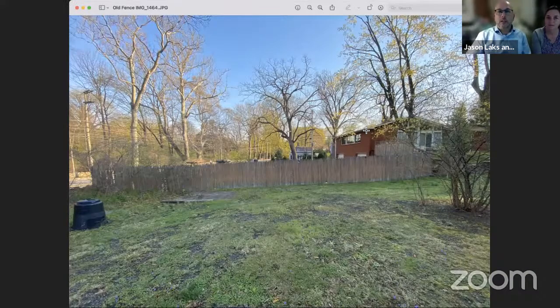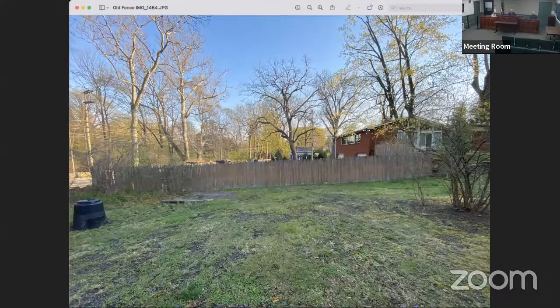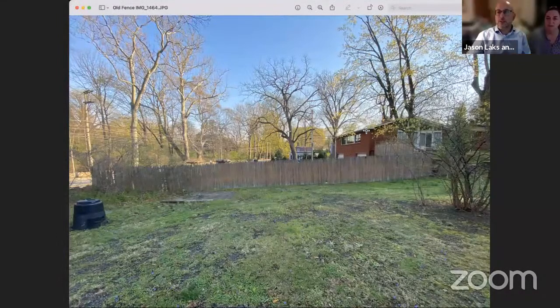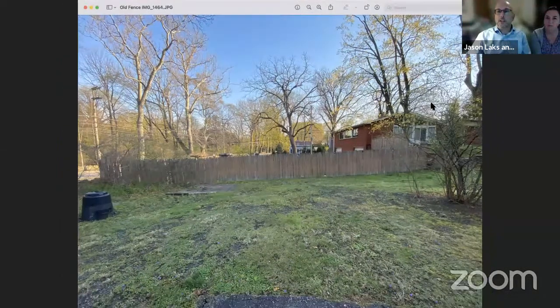This is the old fence. And you can see on the right side, it's falling down and there's spaces and holes in it. Got another picture of the old fence. Let me see if I can share a different screen now.